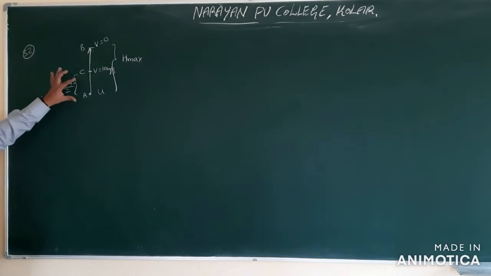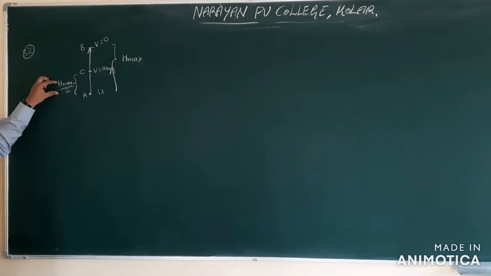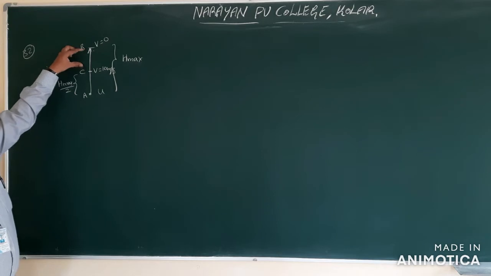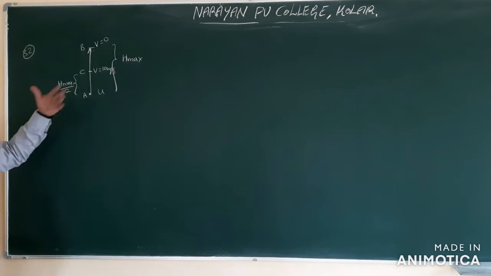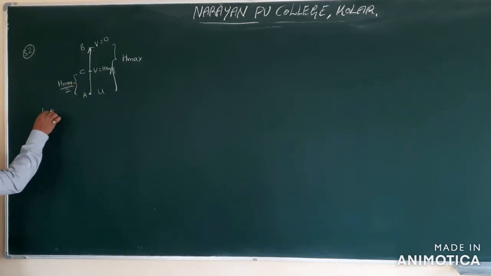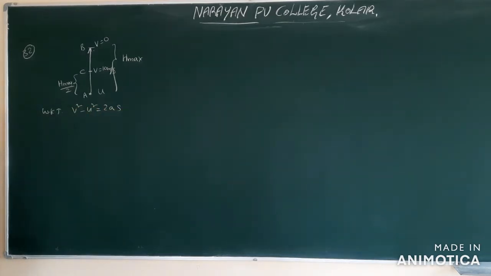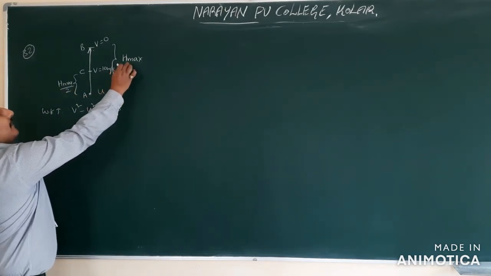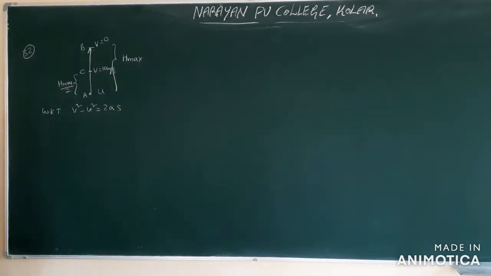In this, two distances are there. A to C, another one is C to B. A to C distance is h maximum by 2. B to C distance is also h maximum by 2. So initial velocity here, final velocity here. Yes, we can know. That is nothing but distance. Which formula we have to apply? So we know that v square minus u square equal to 2as. First I am applying for AB. What you have to find? You have to find maximum height. For maximum height you came to know the formula u square by 2g. But you don't know u here. Therefore we are doing like this.